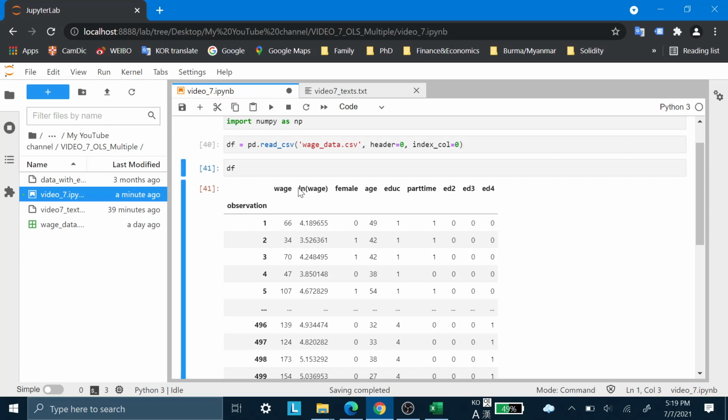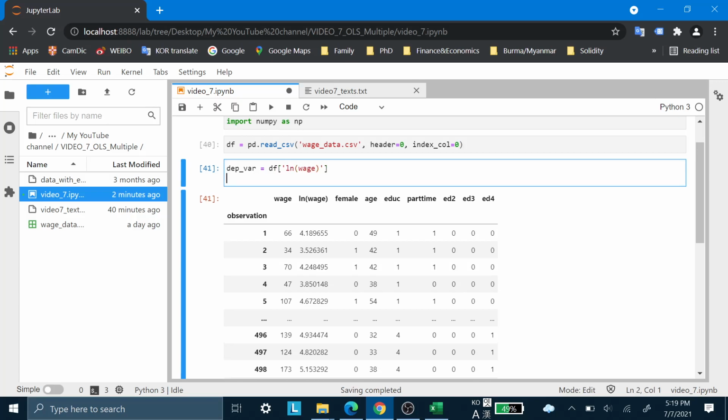First of all, I only need to look at these 5. This LH is going to be my dependent variable. Female, age, education, and part time are going to be my explanatory variables. I won't get into why I'm using LH instead of wage. That is not the main focus for this video. So let's get into the OLS